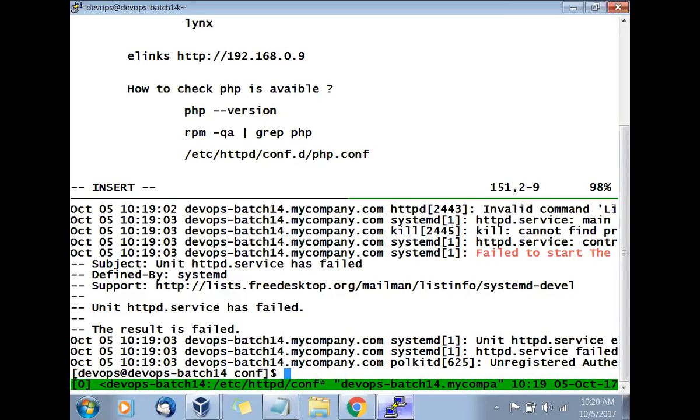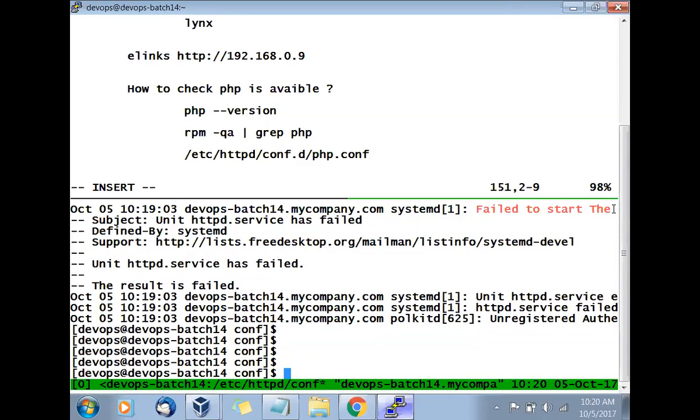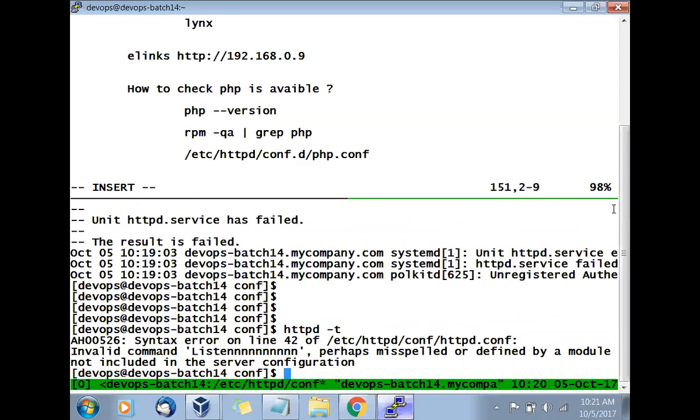But there is another simple method of doing that. Whenever you are working with the web server, you have to check the correctness of the configuration file. And there is a command: httpd -t. Yesterday you wrote that command. I gave that command on how to check the configuration file. Here we go. What does it say? It says syntax error at line number. It will tell you exactly where the problem is.